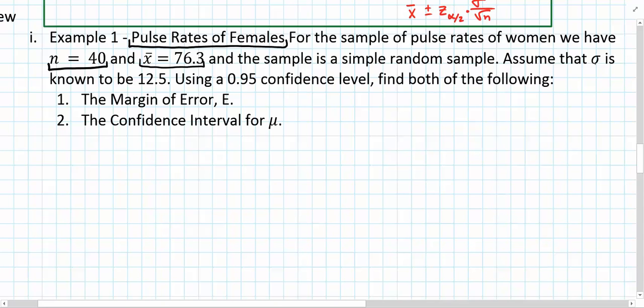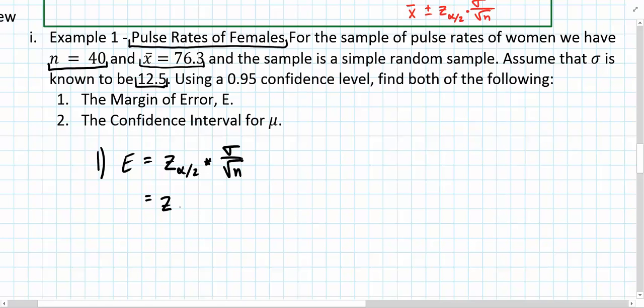Now we're going to assume that sigma is known and it is equal to 12.5. If we use a 0.95 confidence level, we can find the following: the margin of error and the confidence interval for mu, or the average pulse rate for the entire population. Well, the margin of error is easy enough to find. It's equal to the critical value, z sub alpha divided by 2, times our sigma divided by the square root of n. So we found in the last example that z sub alpha divided by 2